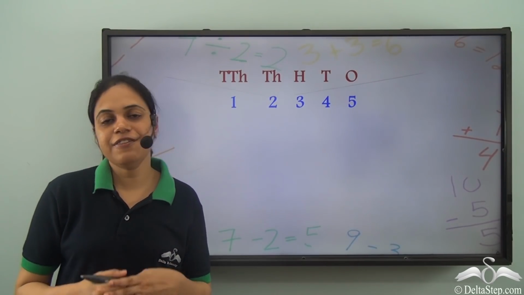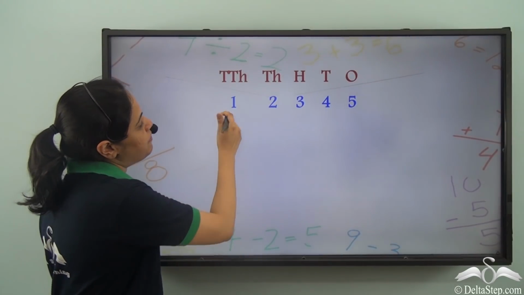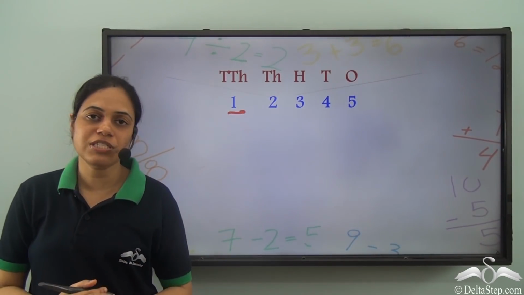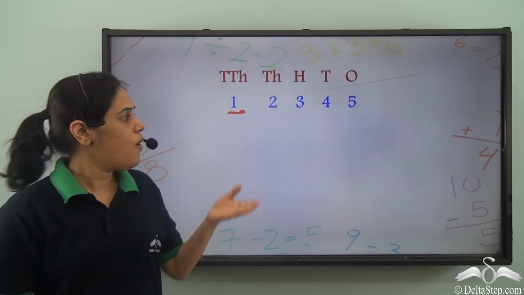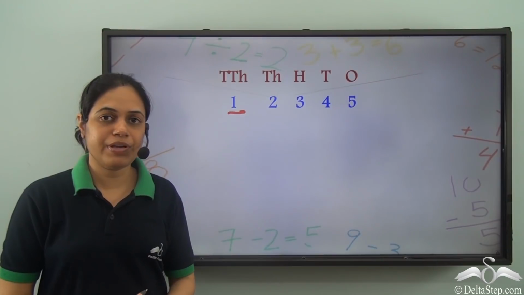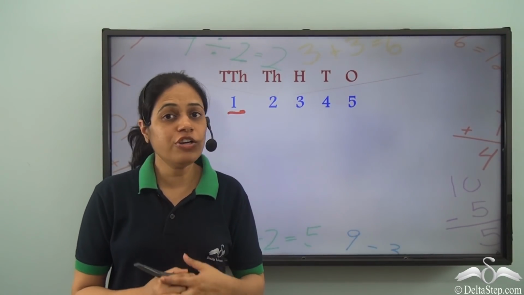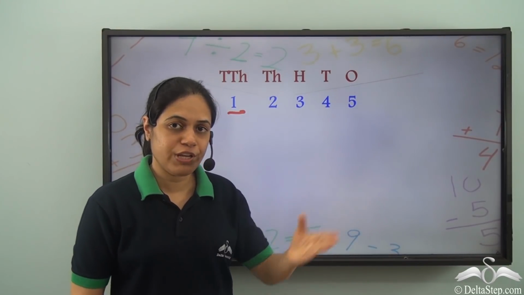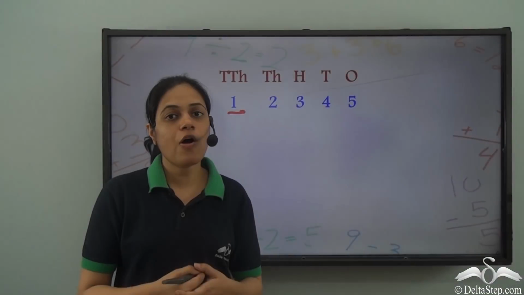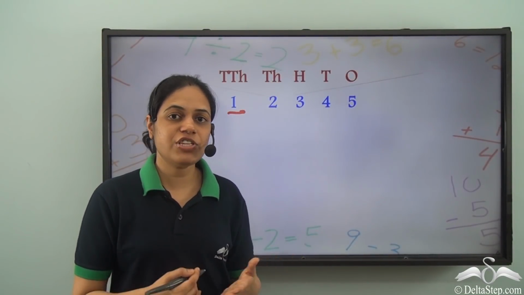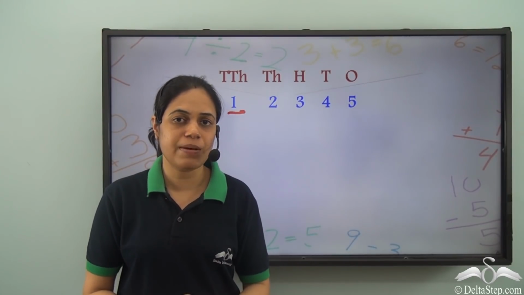We have already learned the 5-digit numbers, and we know that the place to the left of the thousands place is the 10,000s place. Now I have this 5-digit number here, 1, 2, 3, 4, 5. I cannot read this number as 1, 2, 3, 4, 5. So how do I read this number? Or how can we write the 5-digit numbers in words, or what are the number names of these numbers?